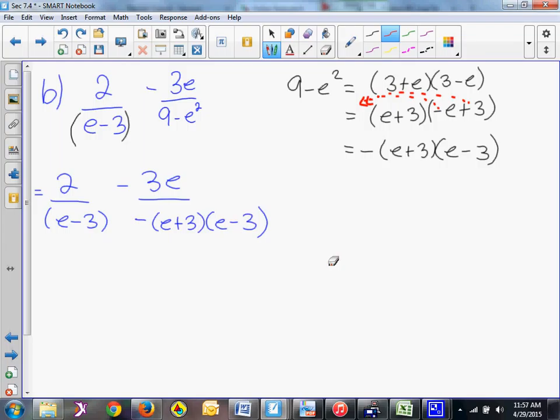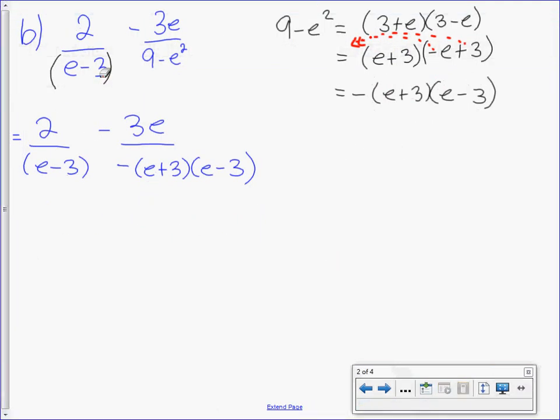So we just factored our denominator, and now we're going to simplify this before we start finding our lowest common denominator. A minus and a negative make a plus. So what we're going to do is simplify this a little bit and make that a plus. So this becomes,